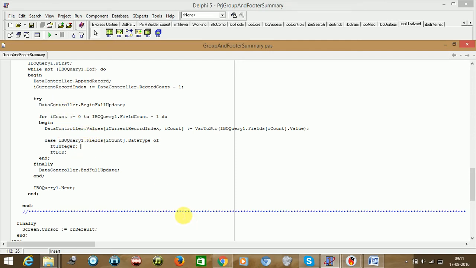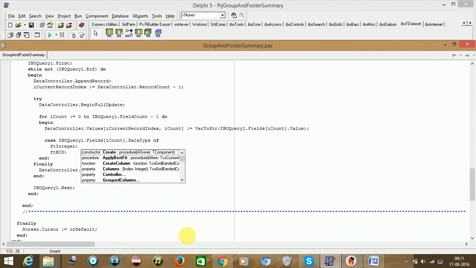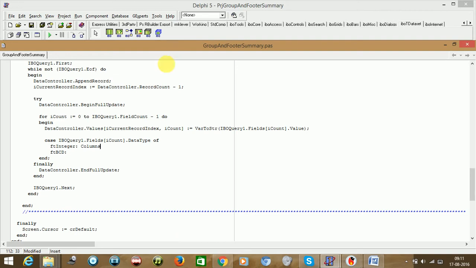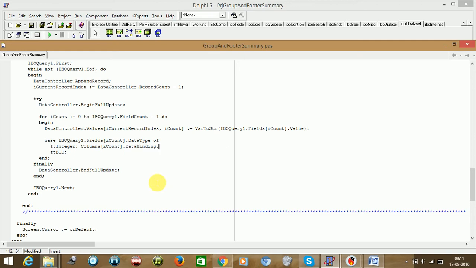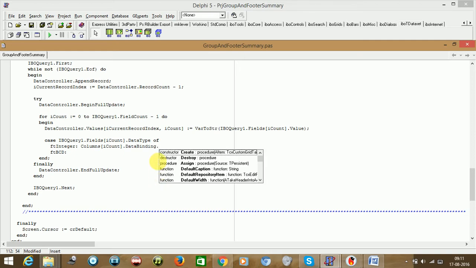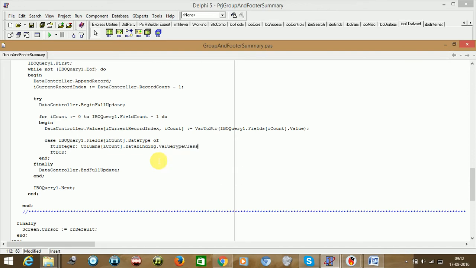So if it is ft integer, then for the current column dot, what you need to say here is data binding dot the value type class. Now what is a value type class? Just click anywhere inside this and press F1.